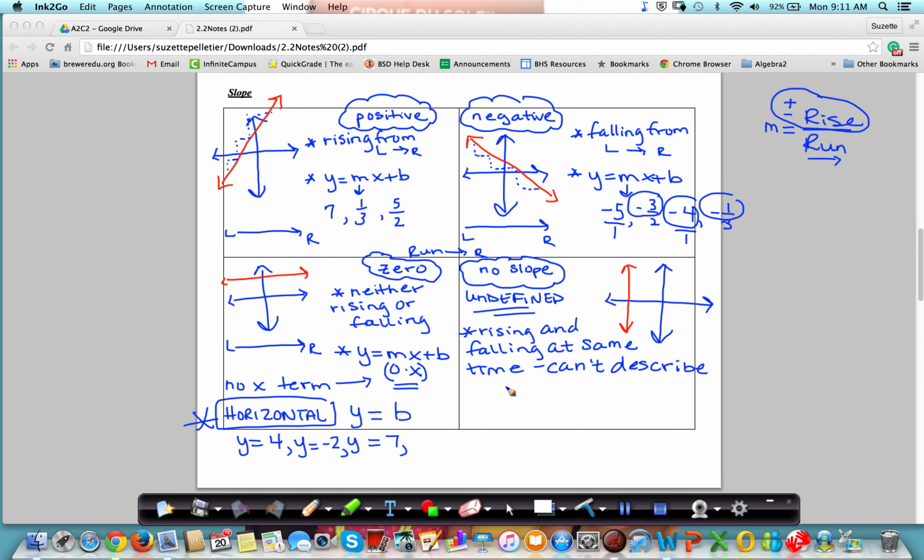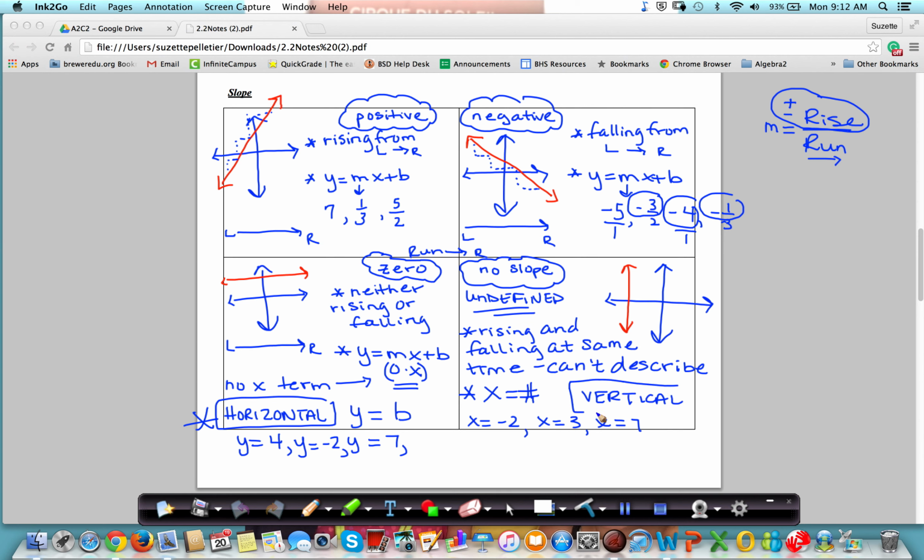And that's really how we define slope. So this is rising and falling at the same time. And when you're looking at our equation of a line, it's not going to say y. There's no y value in it. It's going to say x equals some number. So my equations in this one are going to say x equals -2, or x equals 3, or x equals 7. And these are vertical